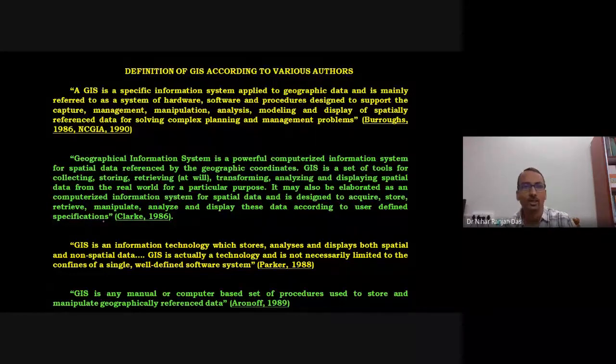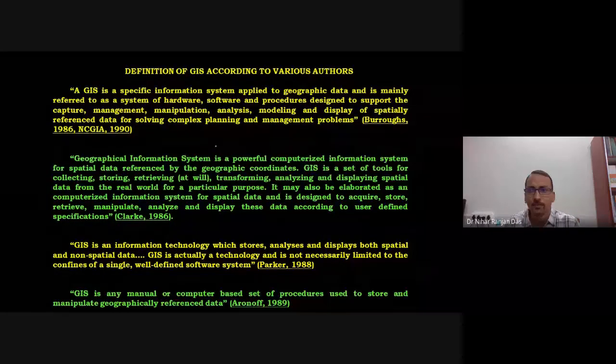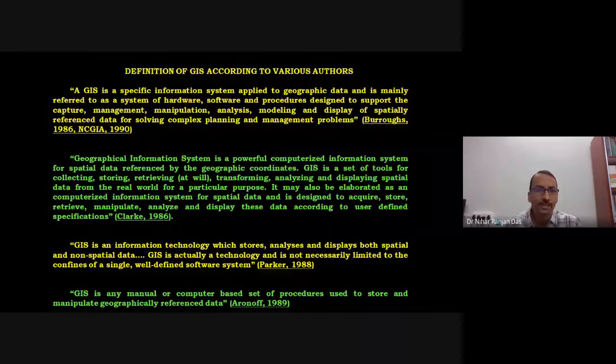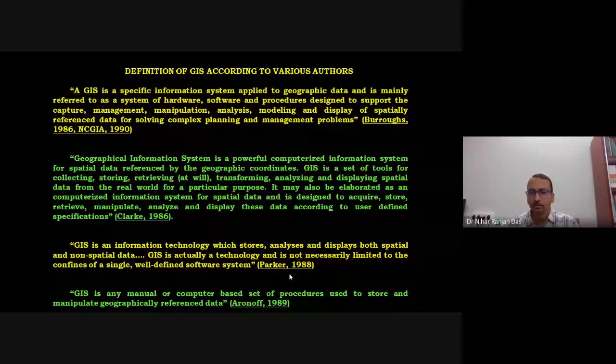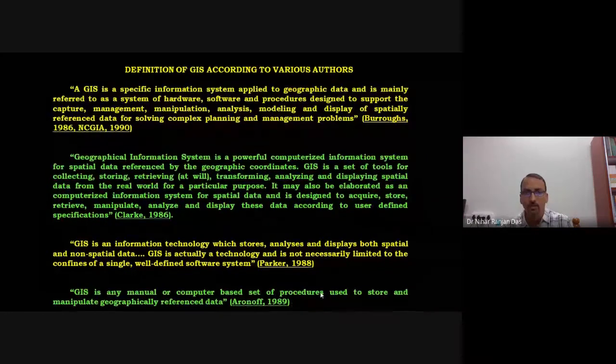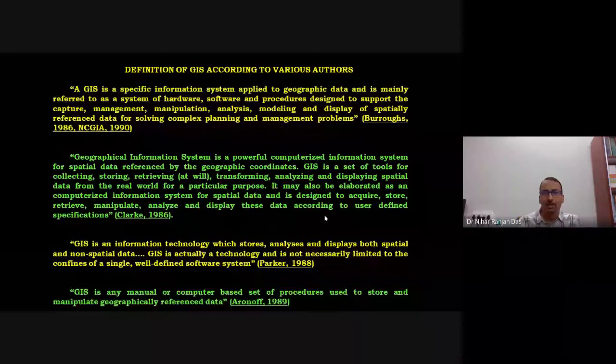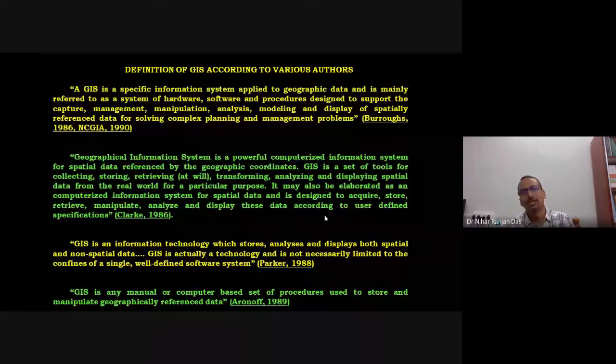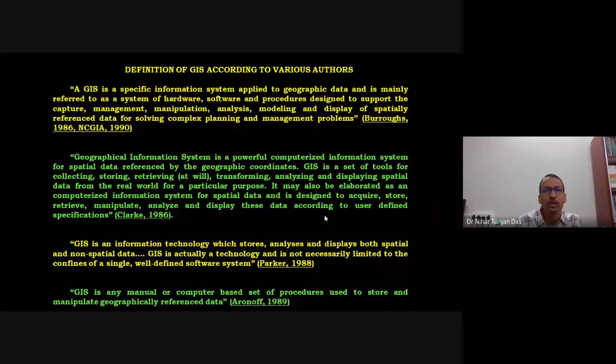These are some definitions of GIS according to various authors. The first is as per Borrough, the second is Clark, the third is Parker, and the fourth one is Aronoff. The objective is that, whatever we have understood about GIS till now, you can describe in your own language. What is a GIS? It is an information system which gives you information. What kind of information? Geographical information, regarding geographic